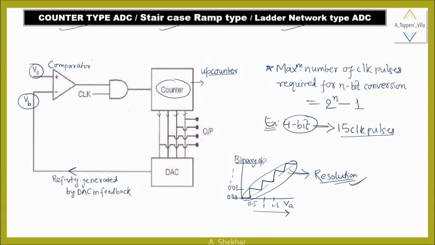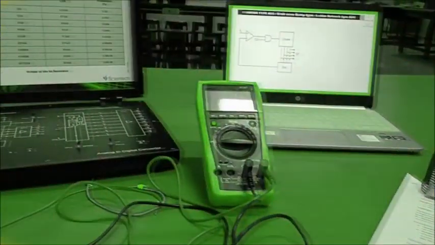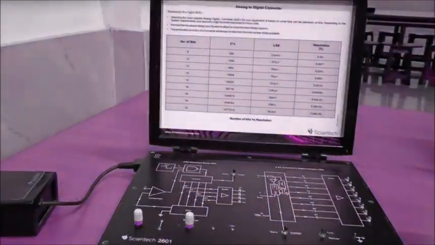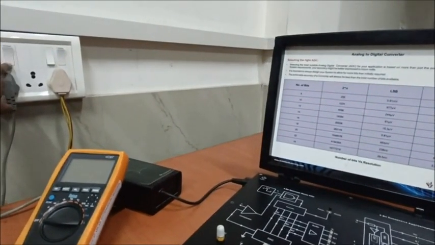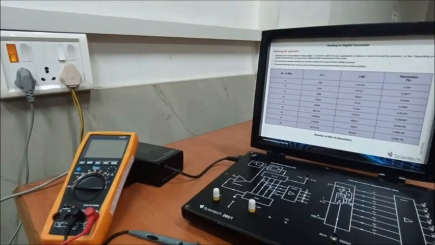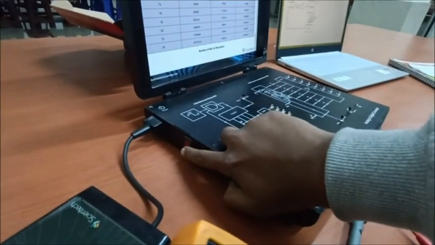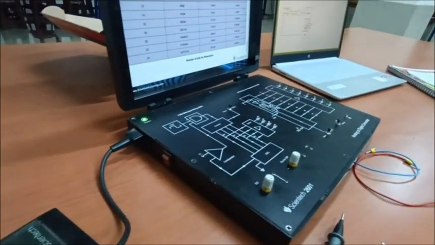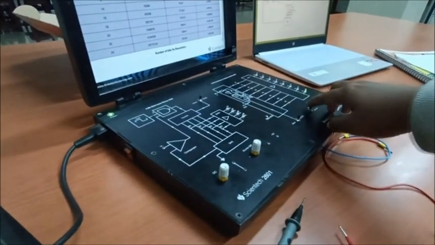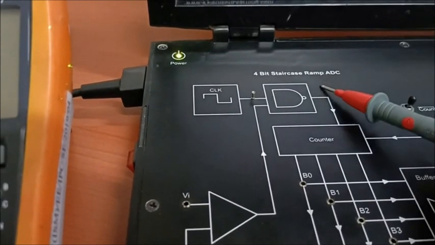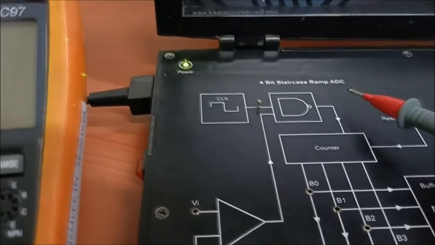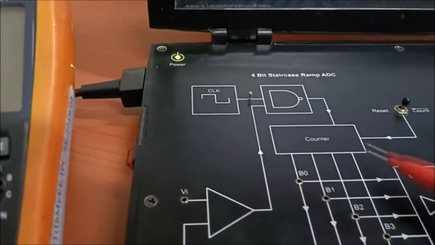Now let us have a look upon the experimentation part of this counter type ADC. Let us now connect the power supply to this ADC kit, and turn this power button of this ADC on. Now let us begin the discussion for this 4-bit staircase ramp type ADC. Means this is basically a counter ADC